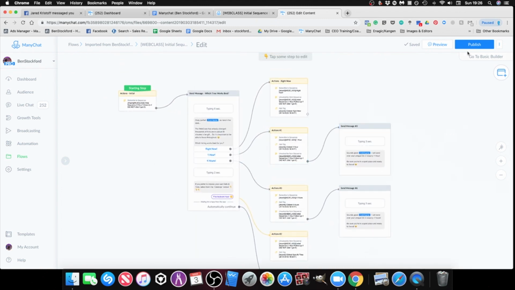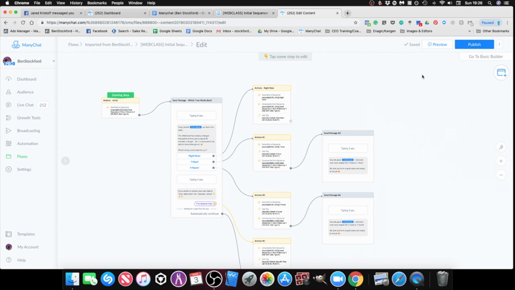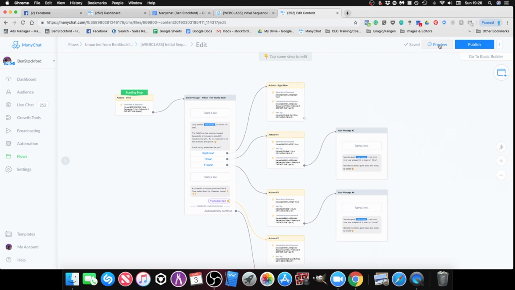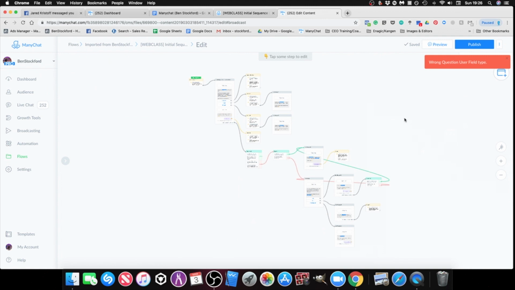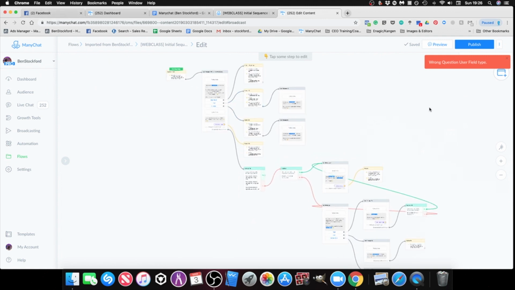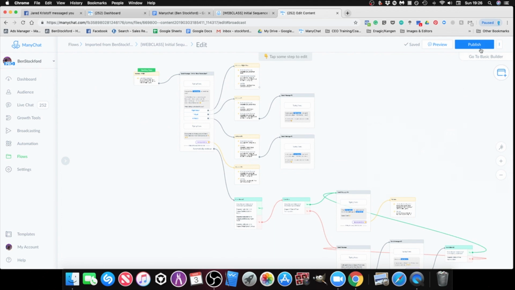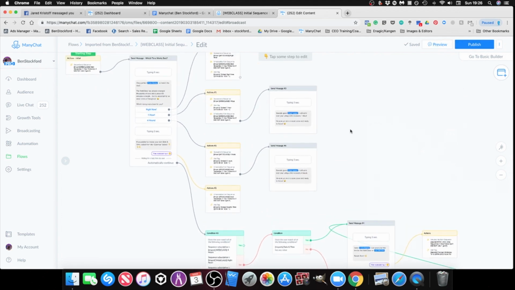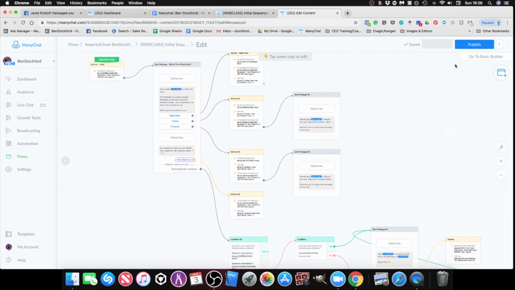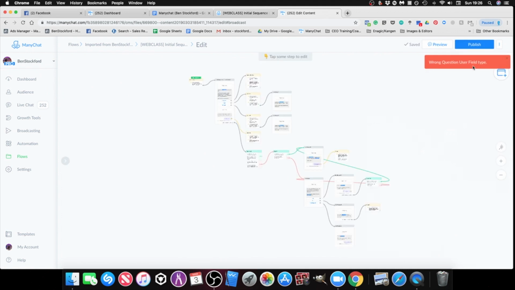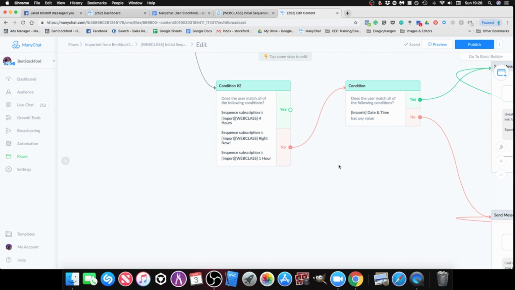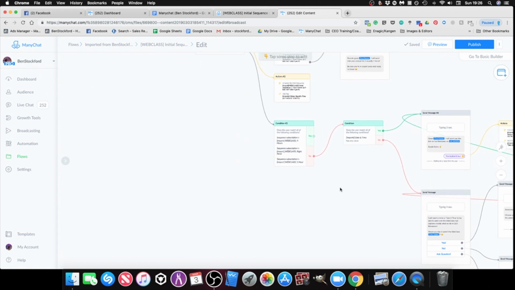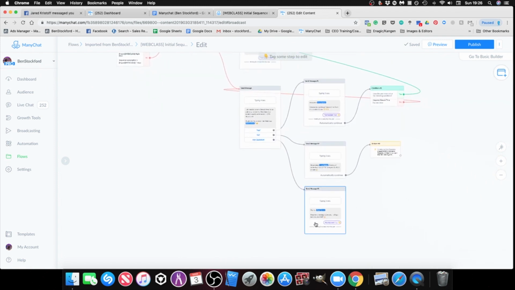So now that's done, we should publish it. Well, what we can do first is just preview the message. So that's just said that there's an error on here. So let's try it again. So wrong question, user field type. So if you're getting an error message,